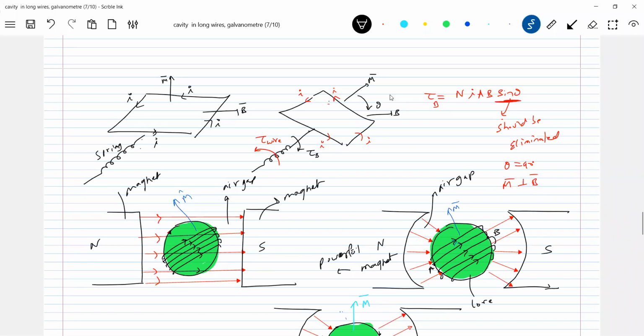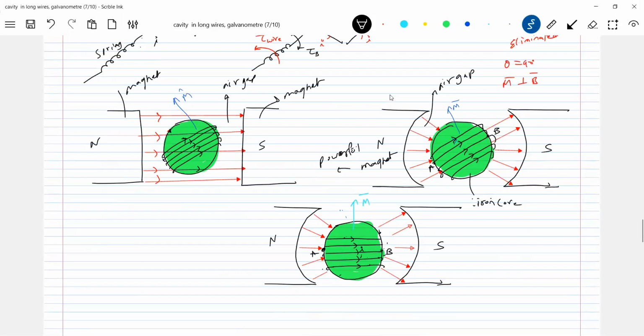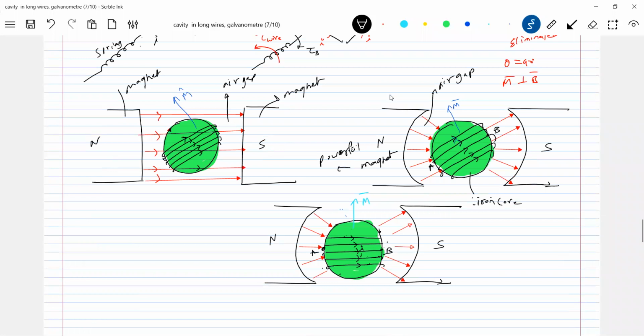A ferrite cylinder, it is called. So this should be purely an iron core. Got this now? So first, how do we eliminate sine theta? To make the scale linear. Why should we eliminate theta? To make the scale linear. Okay, let's come to the overall.